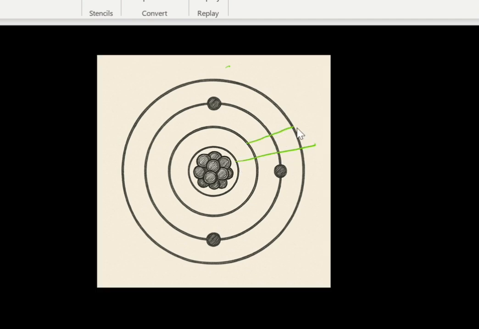That is my nucleus. I'm going to call it N for nucleus. And then these are energy levels. So this is the first energy level, this one is the second energy level, and the third energy level. Then here we have electrons, which are negatively charged. So they are found on the shell, that is the energy levels. Then inside the nucleus, we have the protons and the neutrons. So that is how basically you can draw and label the structure of an atom. So let us continue to question number 33.